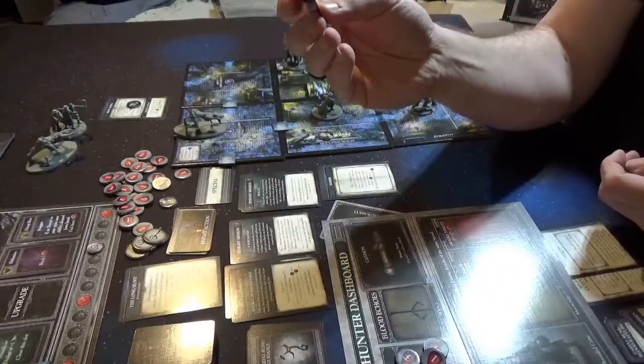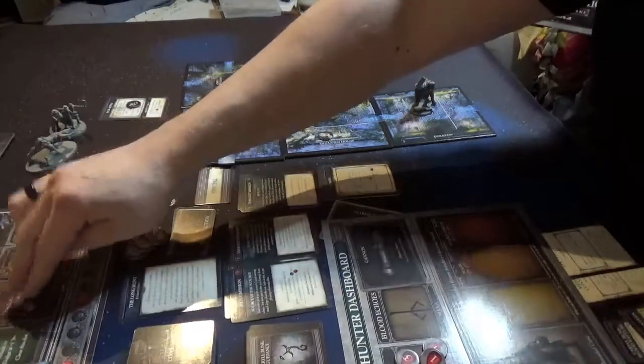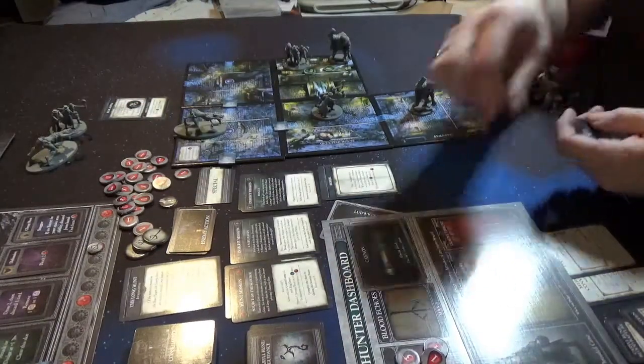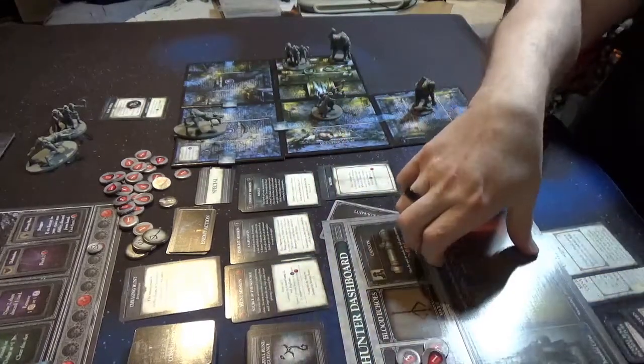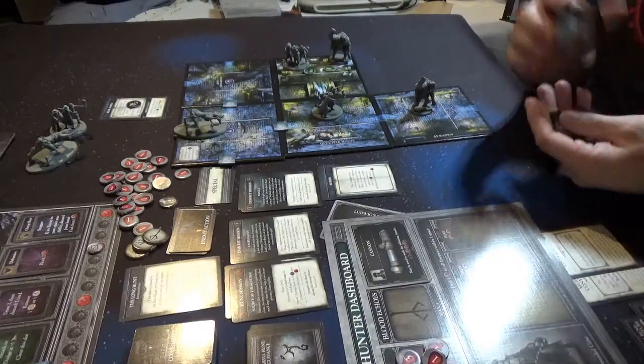Tireless. Draw 2, discard 1, then remove 1 frenzy or 1 poison. Nice. That's a good constitution-based one. We will flip that over. I think we're actually going to come back in transformed mode, because that allows us to play the whole dodge